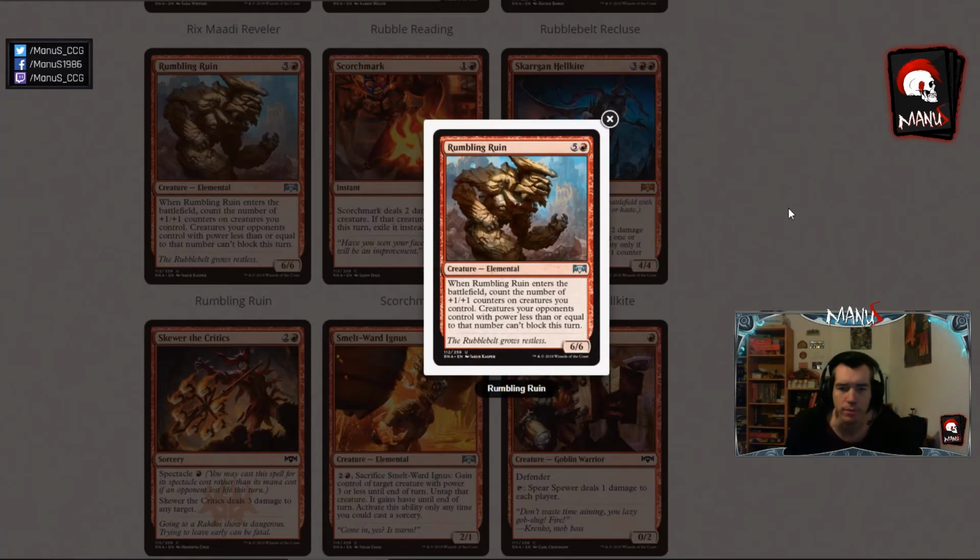Next we have Rumbling Ruin, 6-mana 6/6. When it enters the battlefield, count the number of +1/+1 counters on creatures you control. Creatures your opponents control with power less than or equal to the number can't block this turn. That's a really weird and long wording, instead of just saying like, creatures your opponents control with power less than or equal to the number of +1/+1 counters on creatures you control